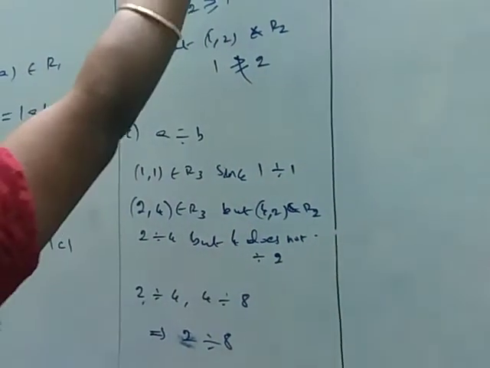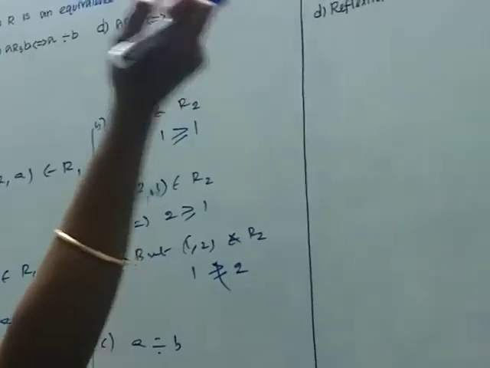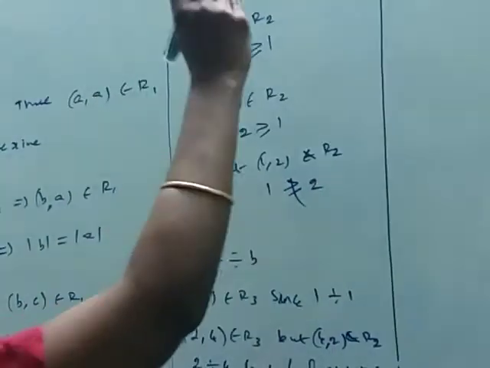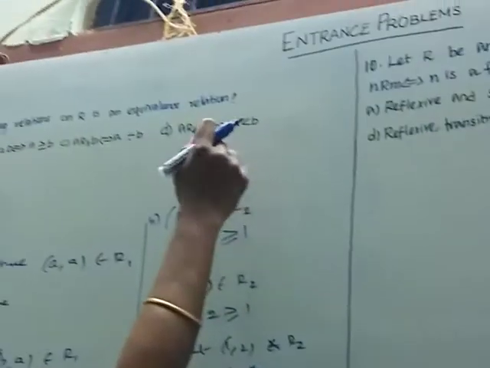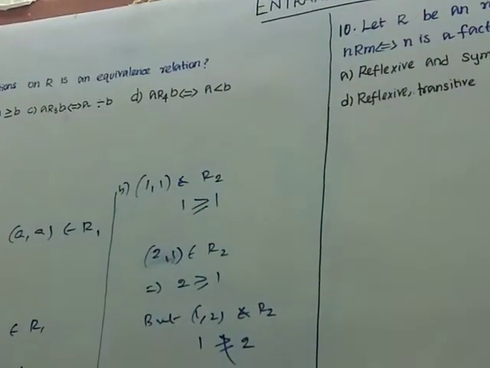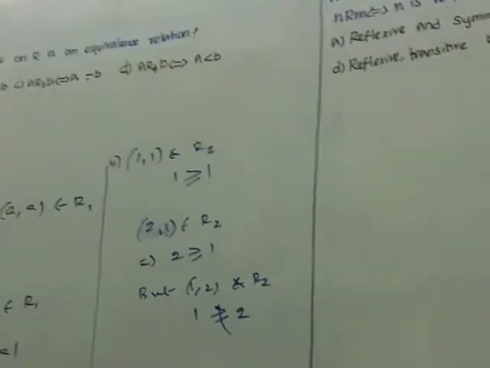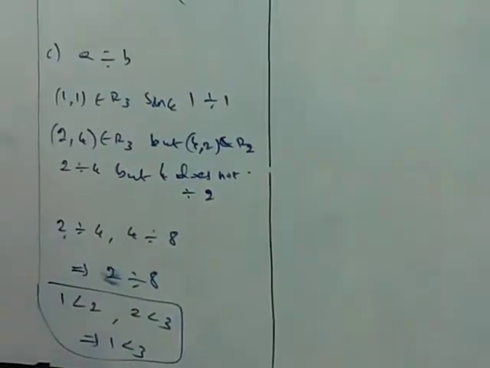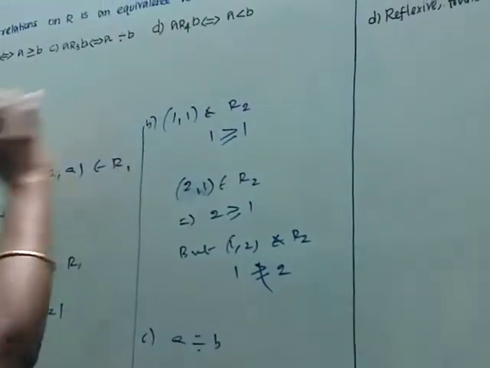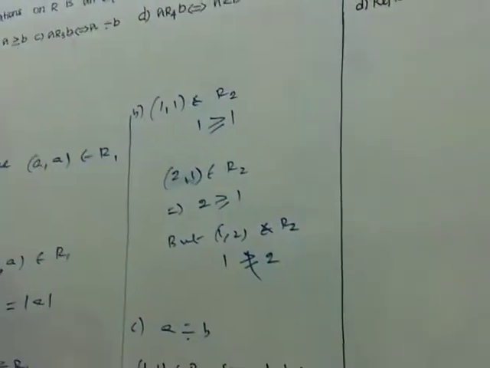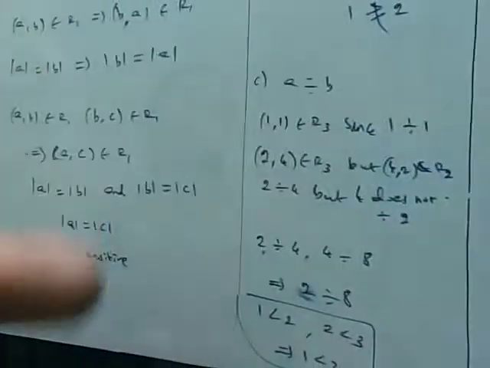Similarly here also, less than. 1 is less than 1 is not true. 1 is less than 2 but 2 is not less than 1. Similarly here not symmetric and not reflexive, but transitive will be granted. How is it possible? 1 less than 2, 2 less than 3 implies 1 is less than 3. So here transitive will be possible, but reflexive and symmetric are not possible. So here all those relations hold only in the first choice. So it is an equivalence relation.